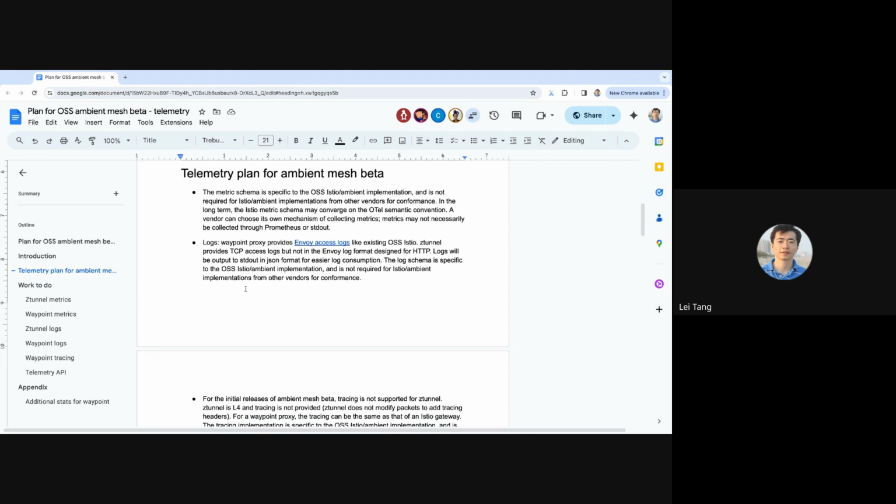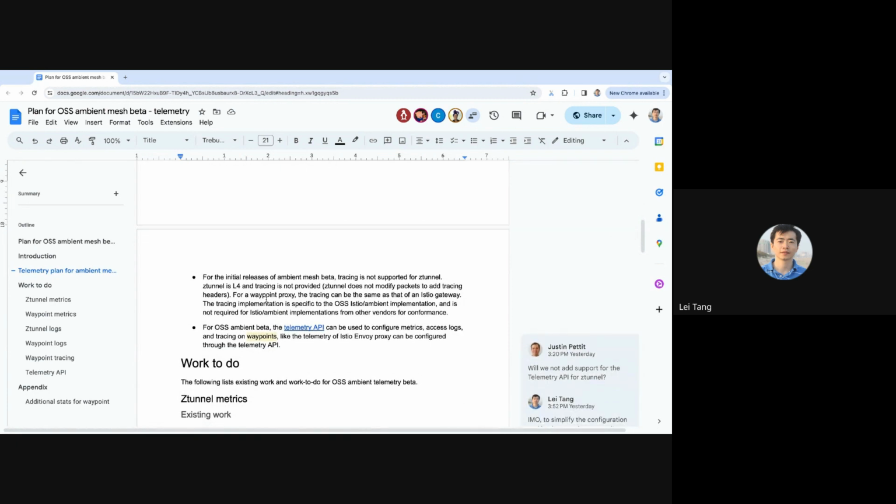The waypoint logs will be like the Envoy access log, just like OSS Istio. And ztunnel will provide TCP access logs, but not in the Envoy log format, because the Envoy log format is designed for HTTP. Ztunnel is a Rust program. It has its own TCP access logs, and they will be output in JSON format for easier log consumption.